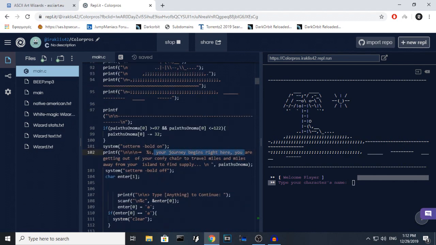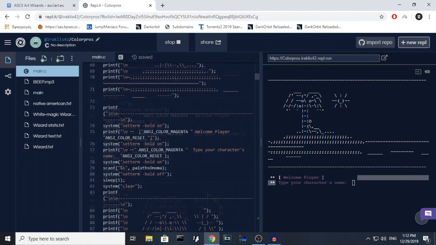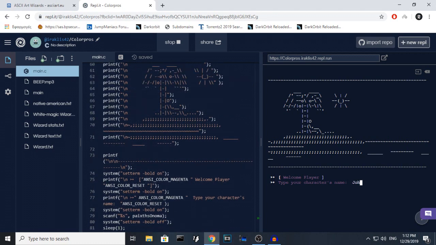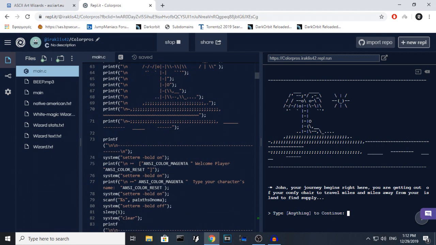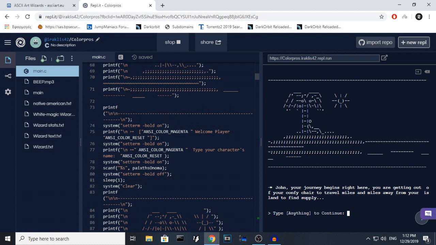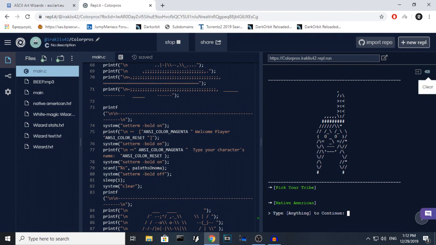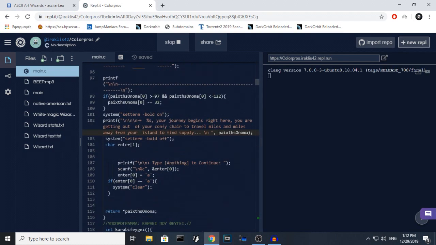And now I'm saying you're gonna begin right here. You're getting out of your comfort zone to travel miles away from your island to find supply. I'm putting a name right here, John, type your character's name, and welcome player, type your character's name, system clear, tap anything to continue. So let me show you how this works now. I'm saying type anything to continue, right? Scanf, I'm getting it as the character in my program, and I'm saying where I've stored it. I'm saying enter 0,